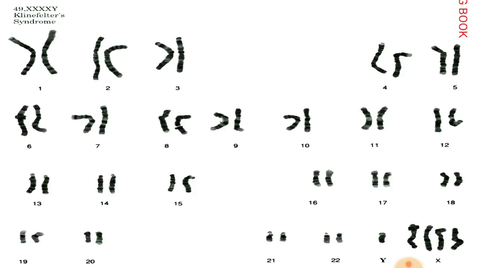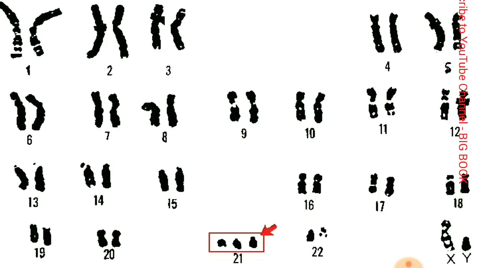So here you can see 4X chromosomes, and here you can see one Y chromosome. So 4X Y, this is the one more karyotype. Next is this. In this slide you can observe the